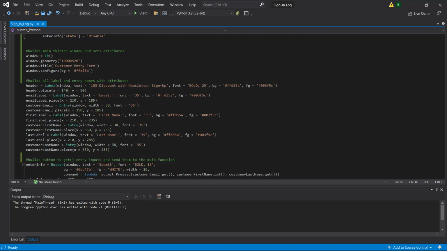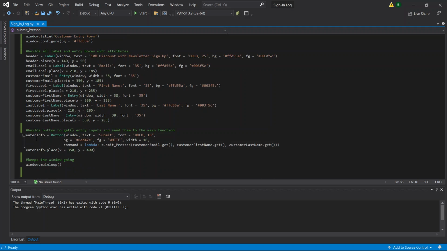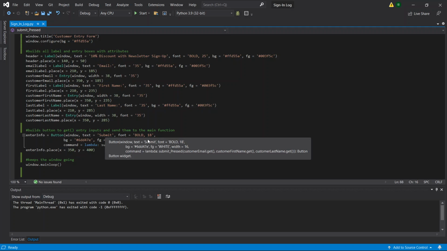Then I have my email, my first name and last name, labels, and then I have my entry. So customer emails equals entry, so I have an entry block in there for people to put their information in. And then all that's going to get put into when I hit my button, my enter info button, I have the attribute, so it's going to say submit on it. It's bold text,